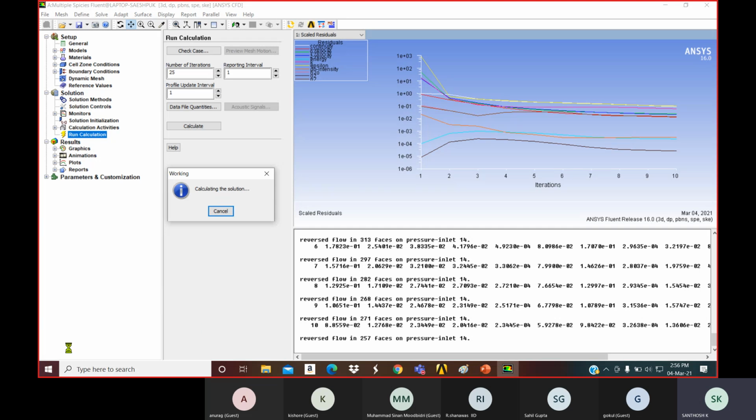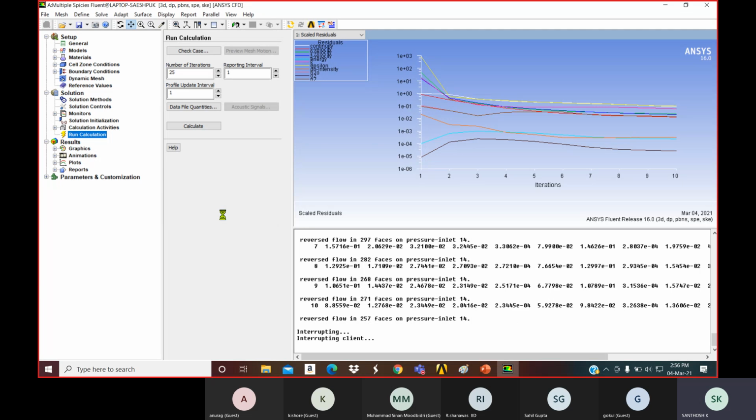Okay, I'll stop it here, guys. You please observe it. Just stop it. Up to 10 I went. Okay, you can go up to 200 or 300, because it will take almost 1 hour to complete. Okay, so let it get